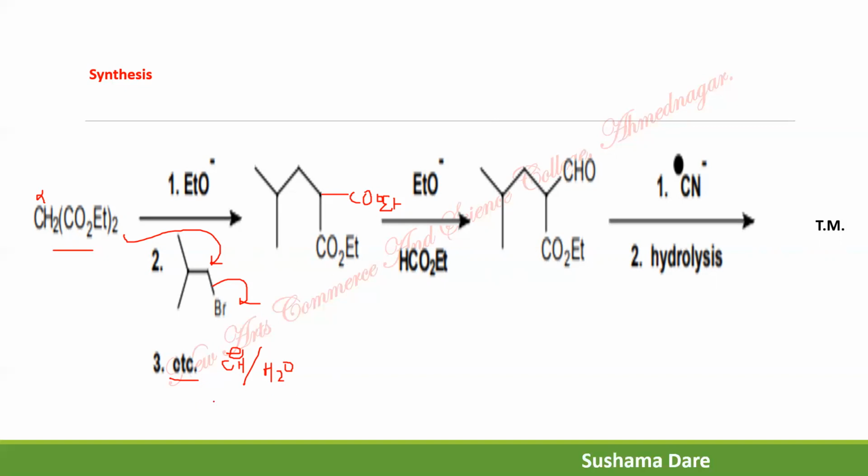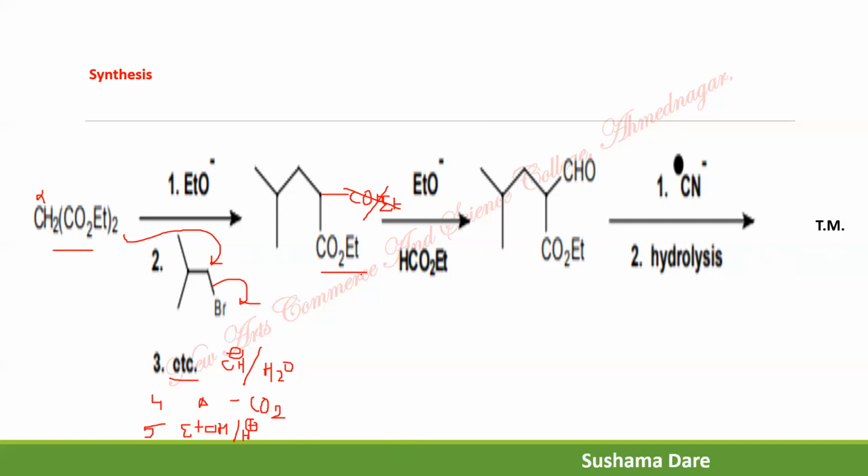Now what is the next part? As you don't want this COH group, just heat it and decarboxylate it, so minus CO2. So after the departure of carbon dioxide, you are going to remove one of the COH groups. Now still here there is a COH group. Instead of the COH group, you now want an ester. So the fifth reagent is ethanol in the presence of acid, to do the esterification, that is acid catalyzed esterification in the presence of ethanol. So it gives you an ester here.